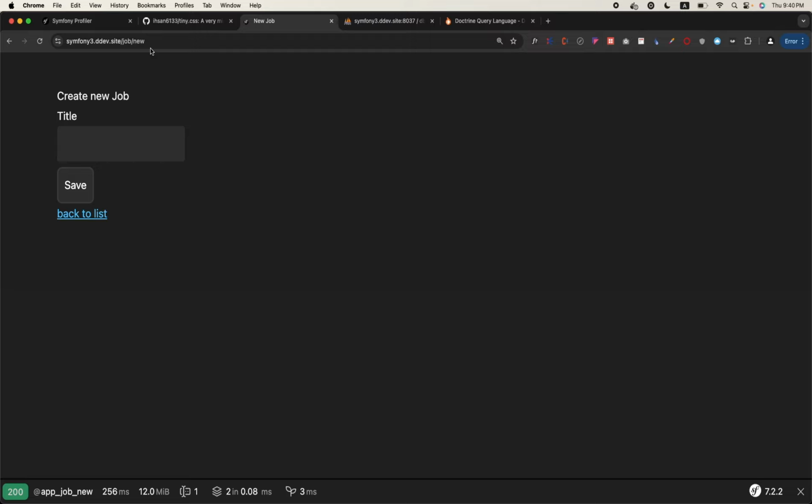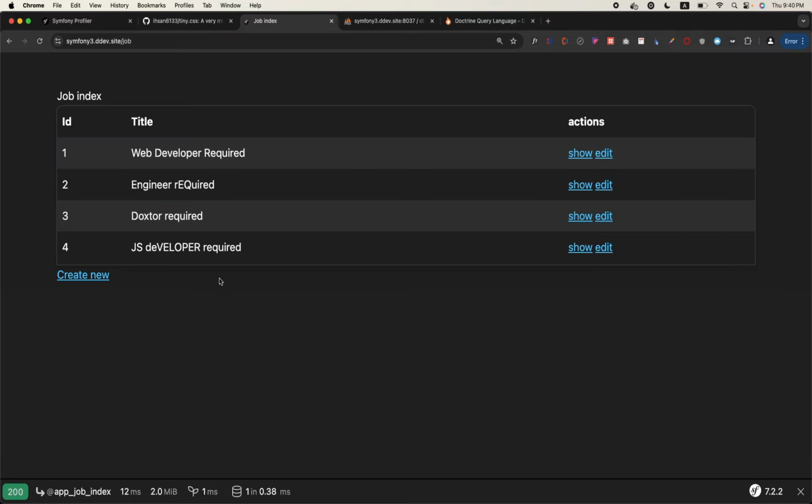So if we change the form, if I'm now on the job, both are right now irrelevant. We can create any of them. So for example, web developer required, and save. Create new. Engineer required, save. Doctor required, save. And JS developer required, save, and so on. You can add a lot of jobs like this. Similarly, if I go to /candidate